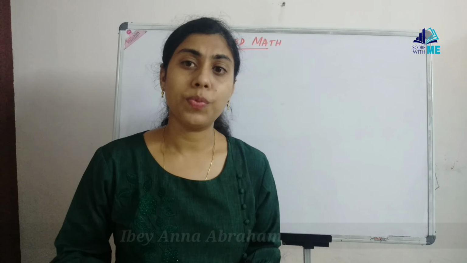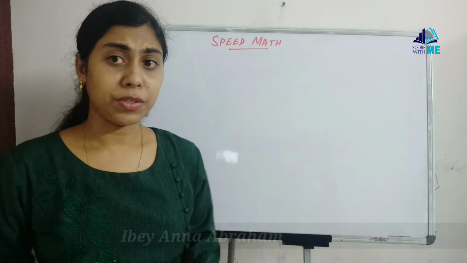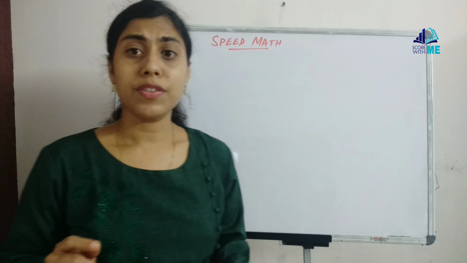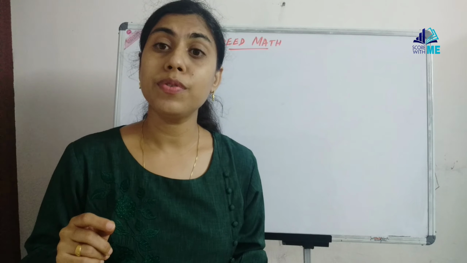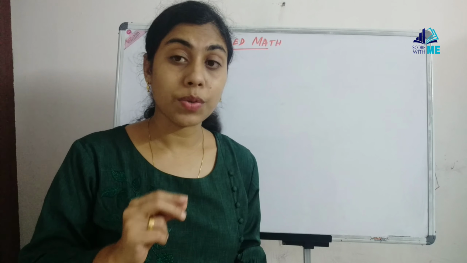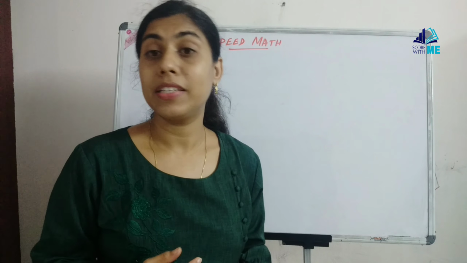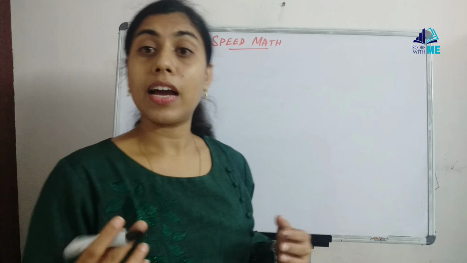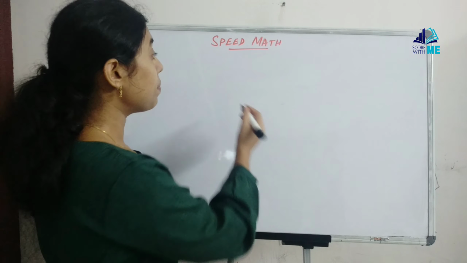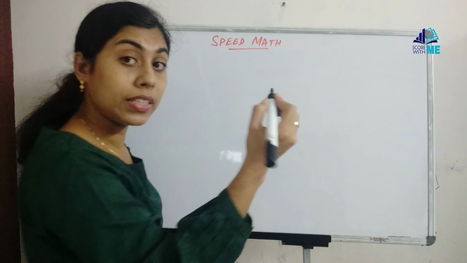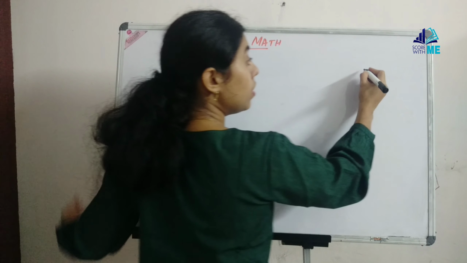Today we are here with a very small simplification trick, or speed trick, to solve two-digit numbers ending in 5. This trick will help you find the squares or multiply the numbers ending in 5. Okay, so let us start with the question itself. Let me take the numbers which I already know.